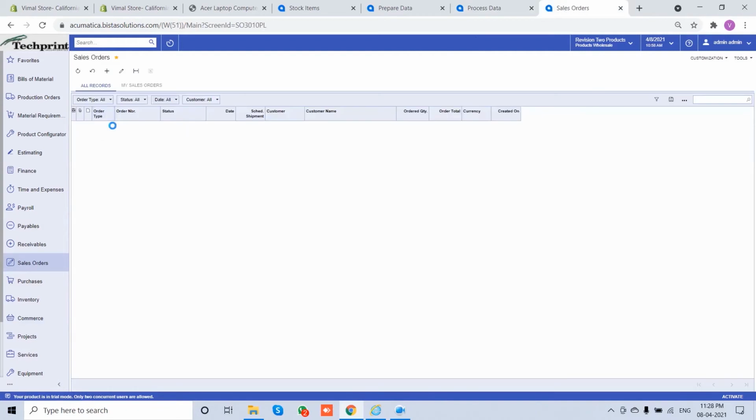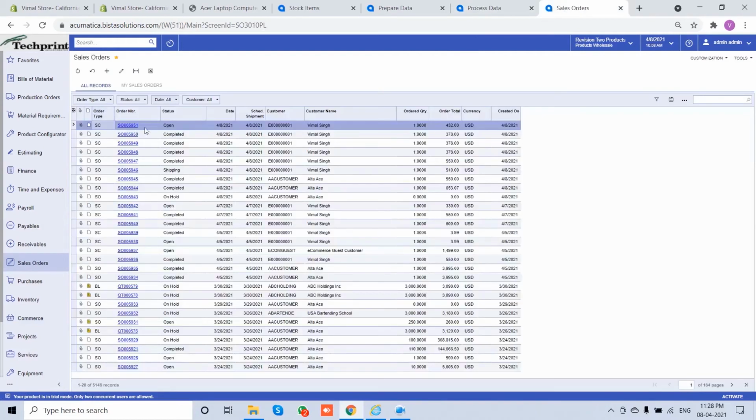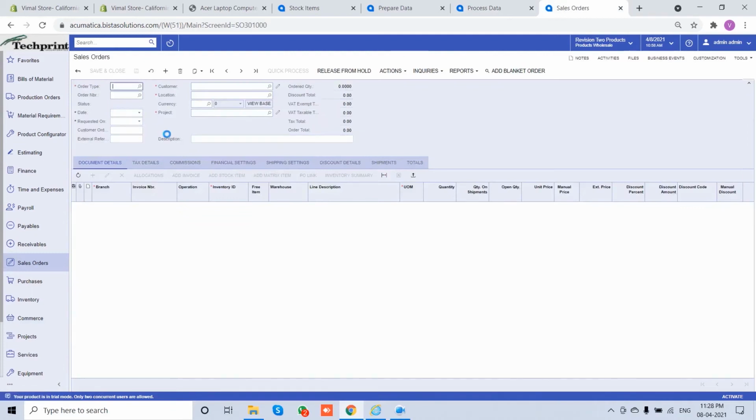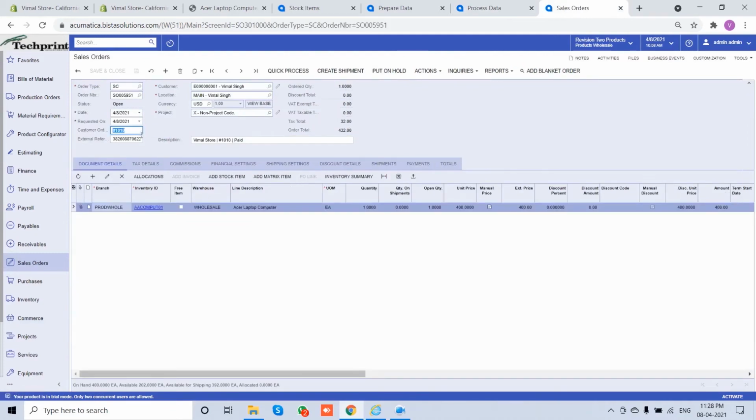Now let's see our sales order screen. We have a new sales order coming in. So Shopify has pushed the same order 1010 into Acumatica along with customer order number and external reference number. We can see the item with quantity, unit price, everything.